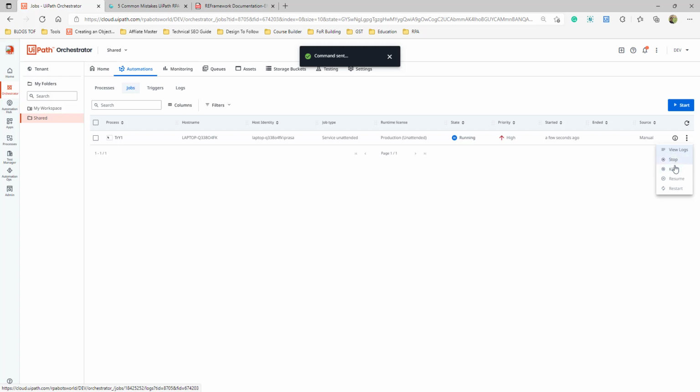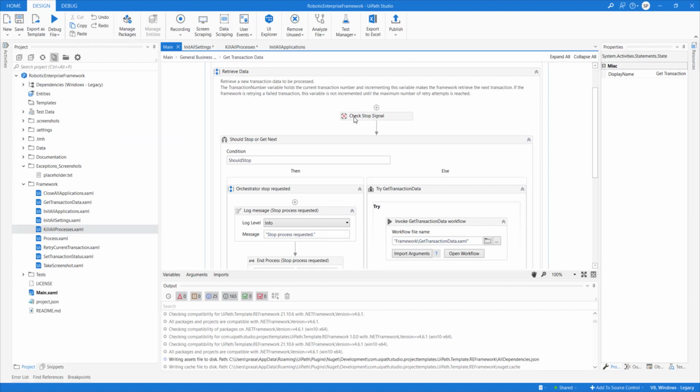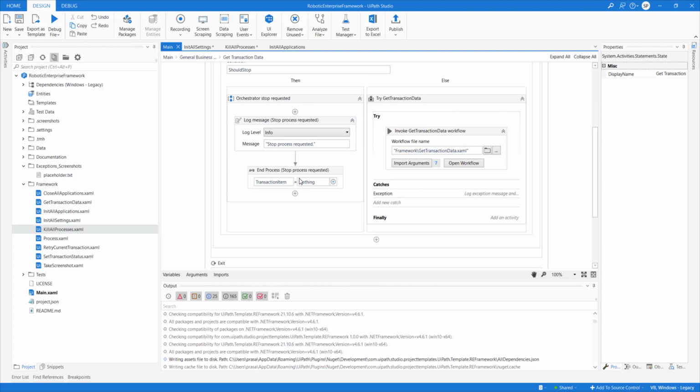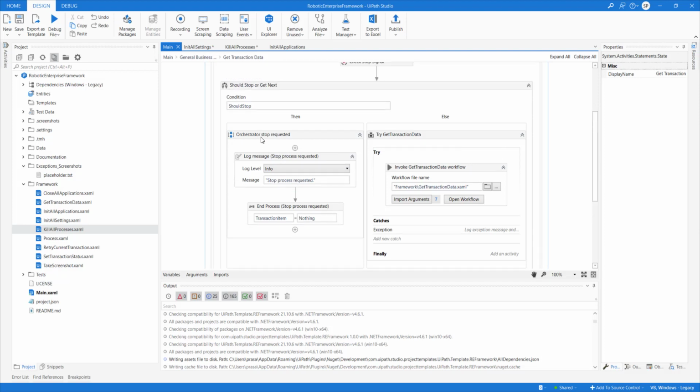So this will send a signal to your bot, and these are caught in here. So if there is a should stop signal, it will stop here.